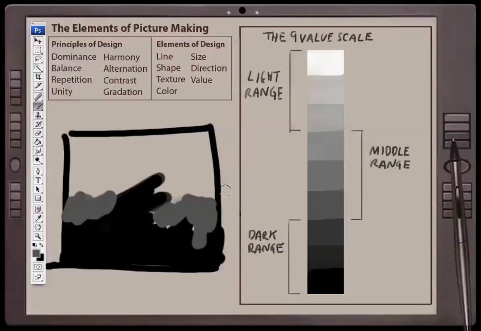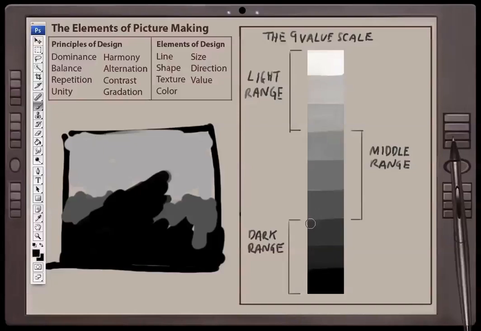And then I'll add a light value, and I'll add this one right here to the sky area. Now, right now you can see that the light value has only one light value. The dark has only one dark value. The middle value has only one middle value. However,